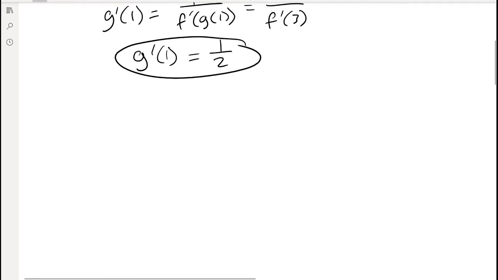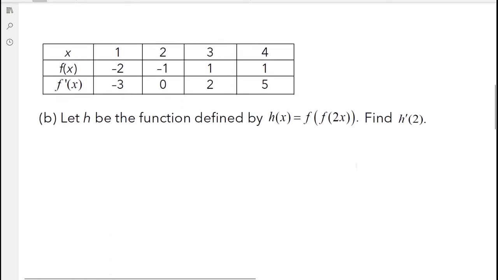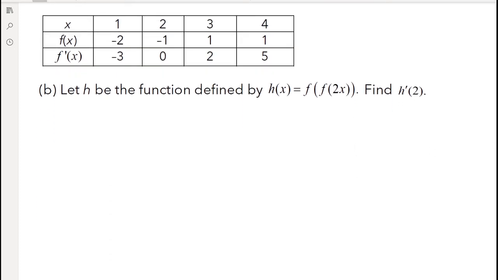Moving right along. For part B, they're giving us a new function called h, and it looks like it's a composite function built up with, how many functions do you guys think you see here? Right? We got one function, f of, on the outside. I have another function, another f of this stuff, and I have a third function,